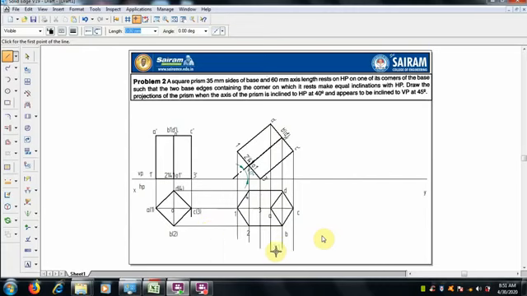So join the edges, that is 2 to B is done, 1 to A. So now everything is over. 1A, 2B, 3C. So 3C is hidden now. So 3 is on the hidden side when we are seeing from the top, the 3 and 4.